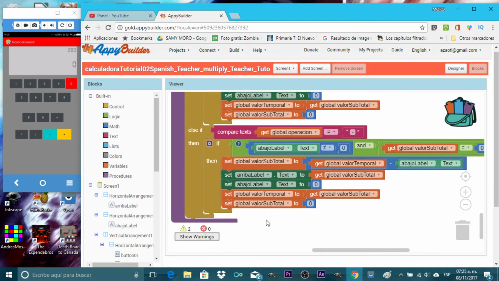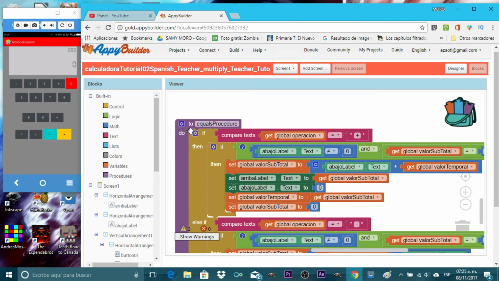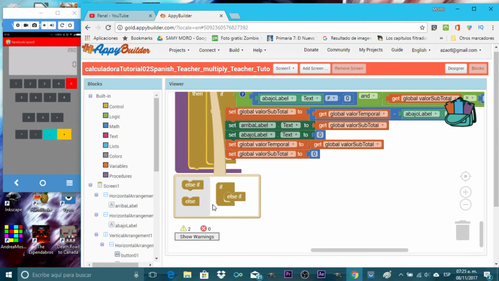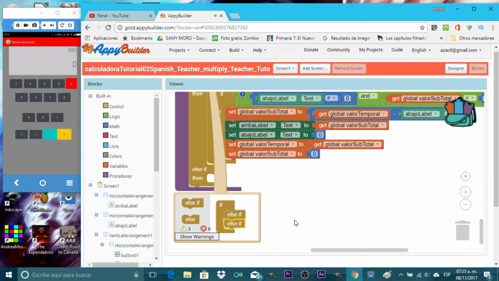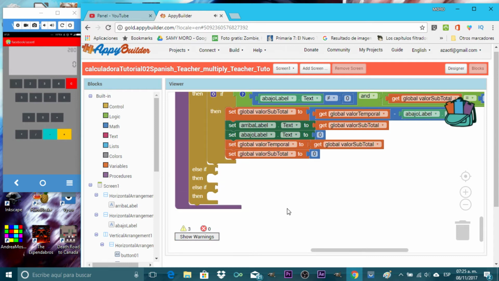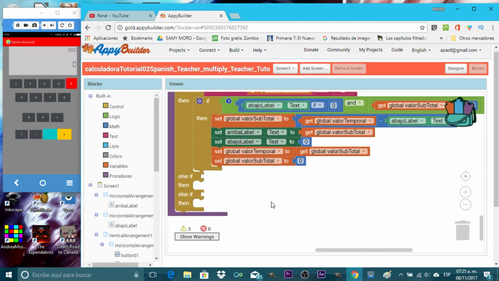Then, to equals, we are going to add another else if. And this else if, well, actually we need 2 else if. One for the multiply thing and the other one for the division. Okay, so let's just use here for the